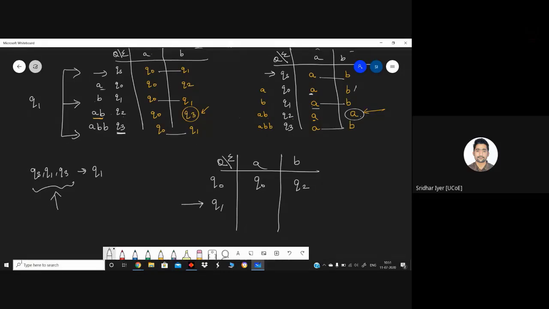Next up, check the transitions of Q1. Q1 has a transition to Q0. As we know that Q0 is not merged with any state, simply write Q0 over here, followed by Q1 itself. Next up, we are having the state Q2 left. So write Q2. We are having Q0 over here. Q0 is not merged with any state. Next up, we are having Q3. Now we know that Q3 is merged with Q1 and QS. So I will write that as Q1. This is what we get at the end.